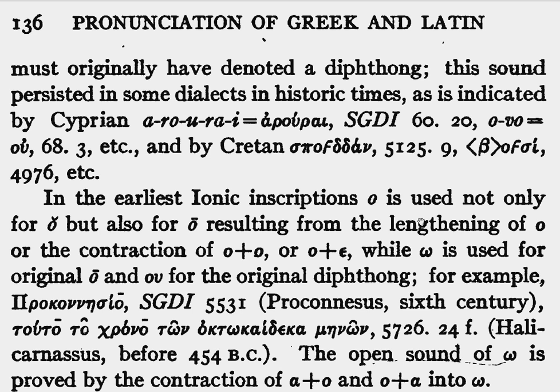o is used not only for o, but also for o, resulting from the lengthening of the o, or the contraction of o, or of o, e, while ow is used for the original o and oi for the original diphthong. For example, procognesio, Proconnesus, 6th century,